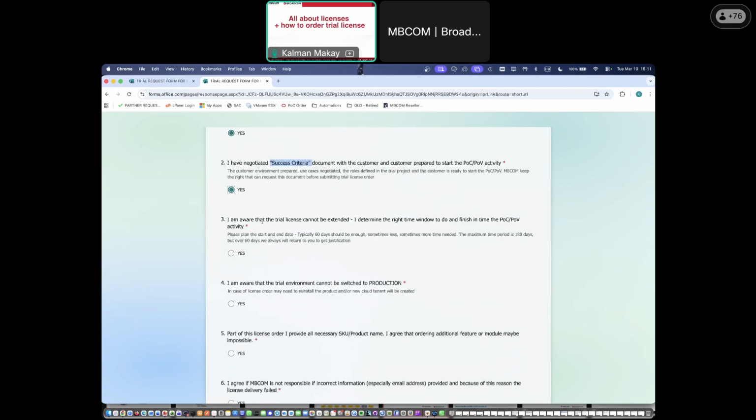I am aware that the trial license cannot be extended. I determine the right time window to do and finish the POC POV activity in time. So again, we cannot extend. This is your responsibility. If you request a 30 days long trial period, okay, we will deliver. But if you return to us that, oh, sorry, but the trial will expire, impossible to extend, we need to say